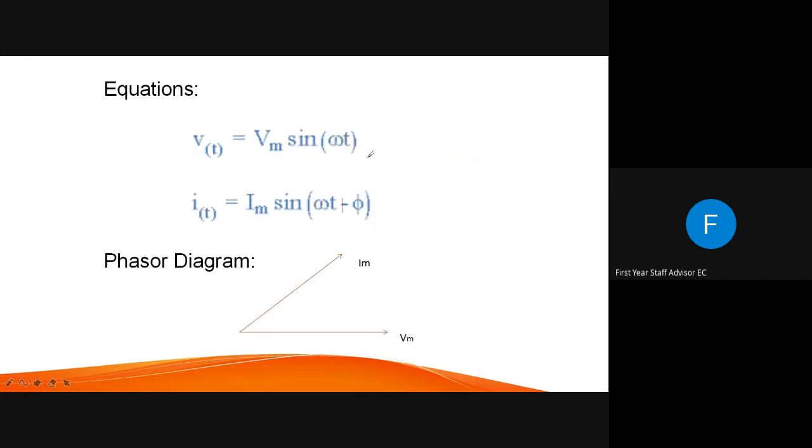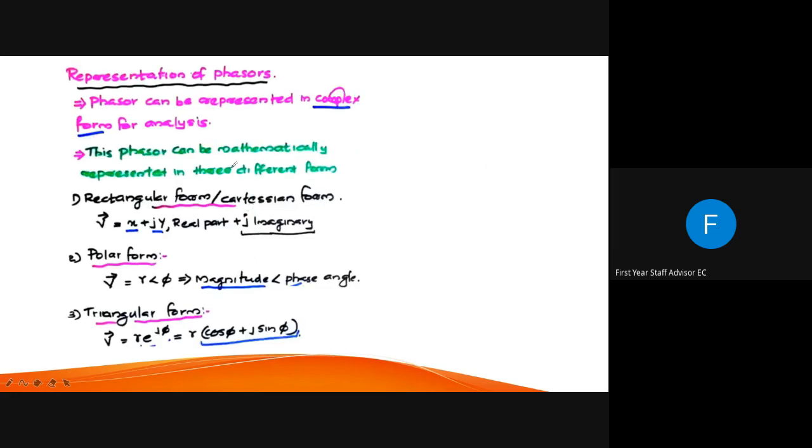But in this case, you look at the expression, voltage is Vm sin omega t, but current is Im sin omega t plus phi. That means current is leading, because suppose this is at 30 degree, current is at 30 plus phi. So current is leading by an angle phi. Like that, it will come.